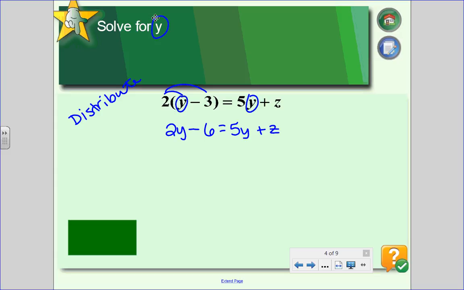We're still looking to solve for y. However, I have y's on both sides of my equal signs. So to be able to isolate a y, we're going to need all our y's to be first combined. Then we'll be able to isolate them. So I'm going to combine these y's, and I'm going to do that by subtracting 2y from both sides. You could certainly have taken the 5y to the left, but to keep my numbers positive, I'm just choosing to subtract the smaller one. So this, I bring down the minus 6, will leave me with a 3y plus z